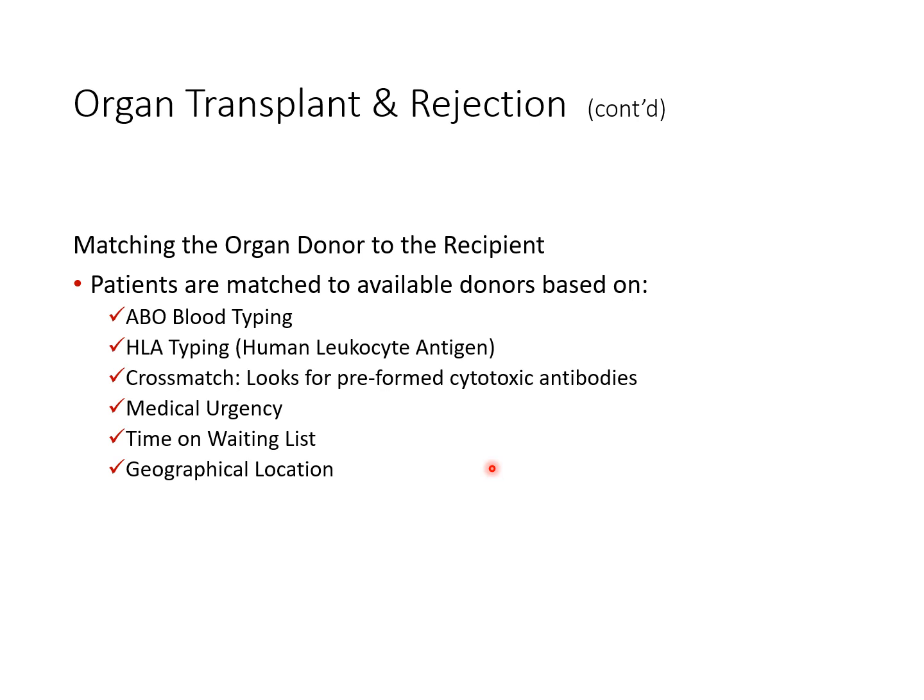And there are different things basically that we have to take into account. So we're doing the ABO blood typing. We're looking for the HLA typing, so the human leukocyte antigen here. So this is really, really important. You're going to hear about HLA all the time. So HLA antigen regulates the immune system in humans,